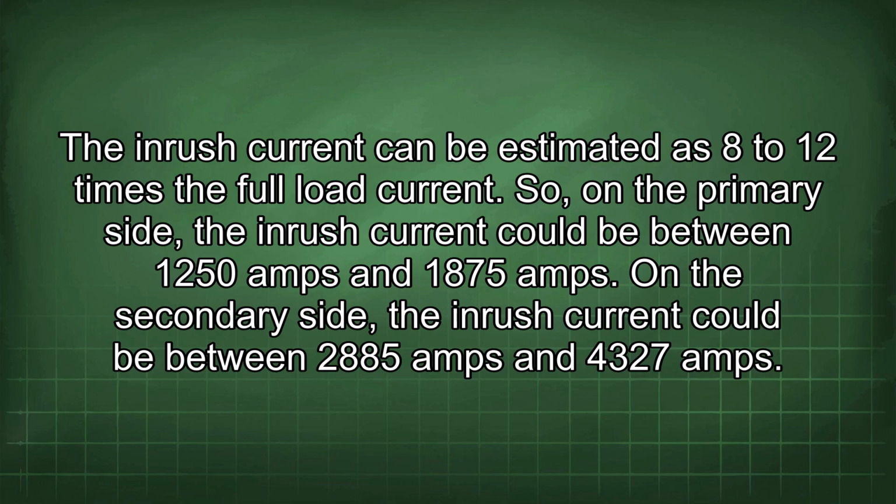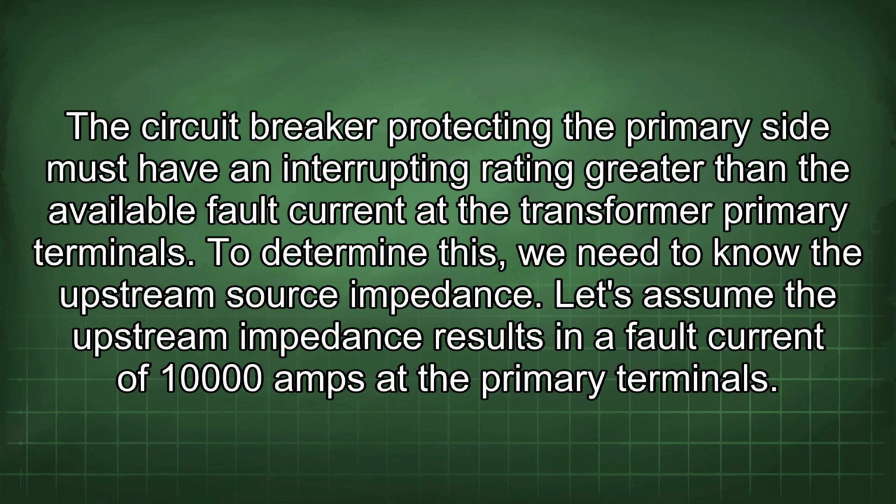So, on the primary side, the inrush current could be between 1250 amps and 1875 amps. On the secondary side, the inrush current could be between 2885 amps and 4327 amps. The circuit breaker protecting the primary side must have an interrupting rating greater than the available fault current